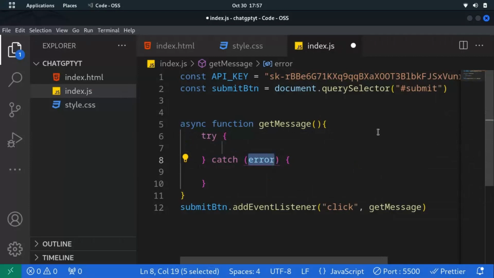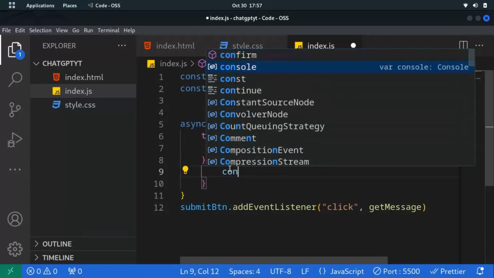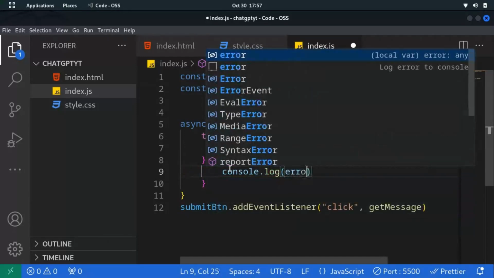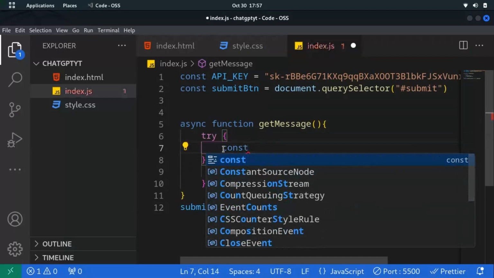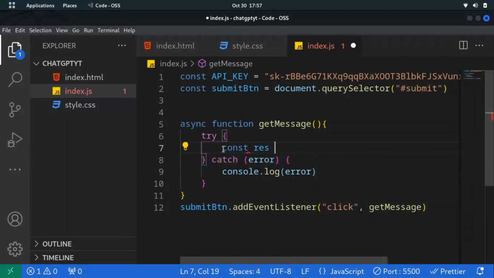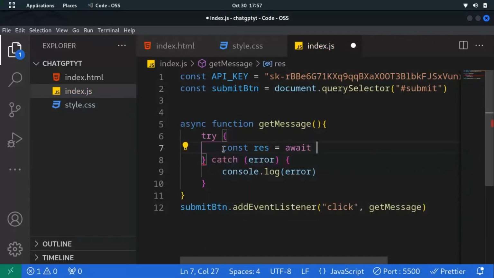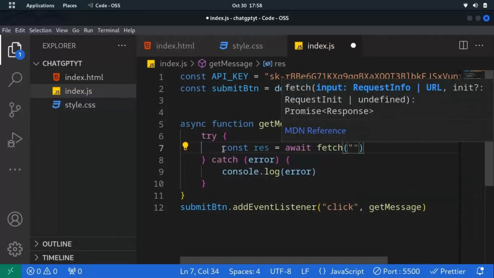So inside this function, I want the try catch block, and in the catch, I'm going to console log the error if there's any error. If there's no error, I'm going to say const, and then the variable name, which is res. I'm going to say now await, I'm going to fetch,